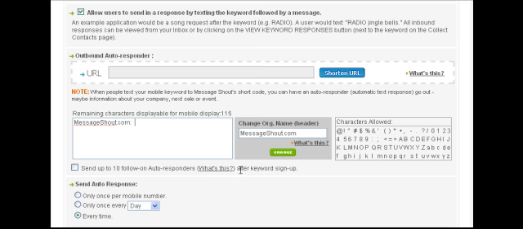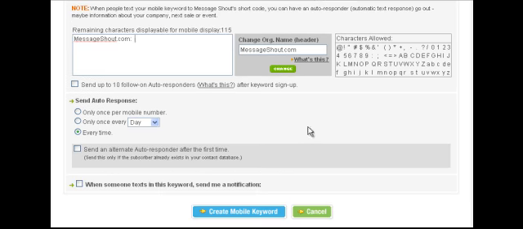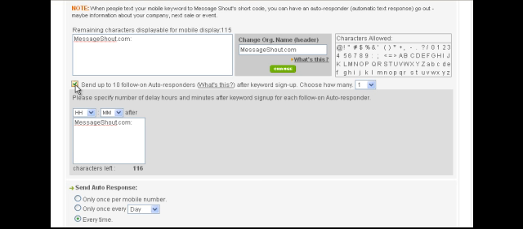Alright, now another feature here is you can send up to 10 follow-up autoresponders after this first message goes out. Now this is a great function. It's kind of like email autoresponders where you just set it up once and you can have it go out after so many days or so many hours. So what you would do is you would type in another message here. If you're doing a text series of messages that you want to go out, type in your new message and you can send it out